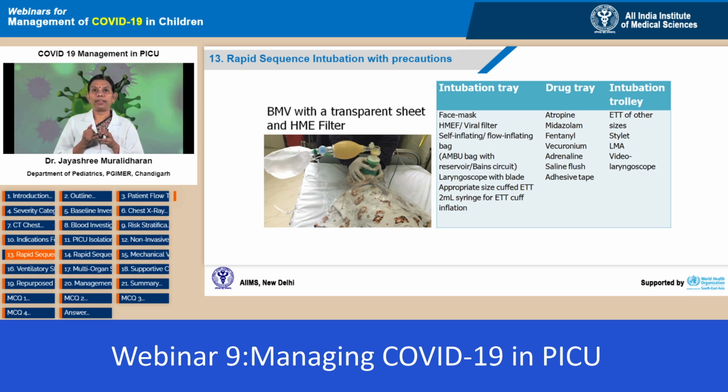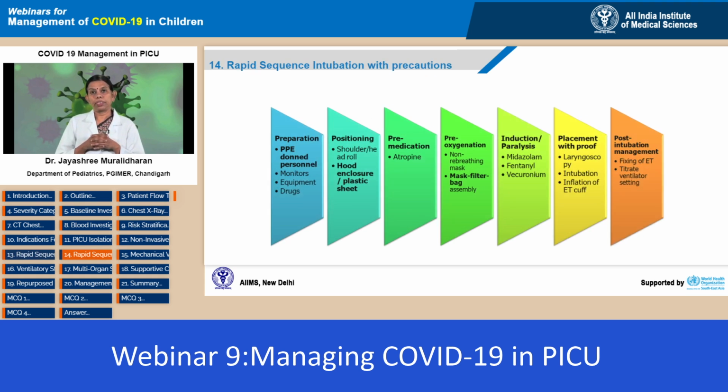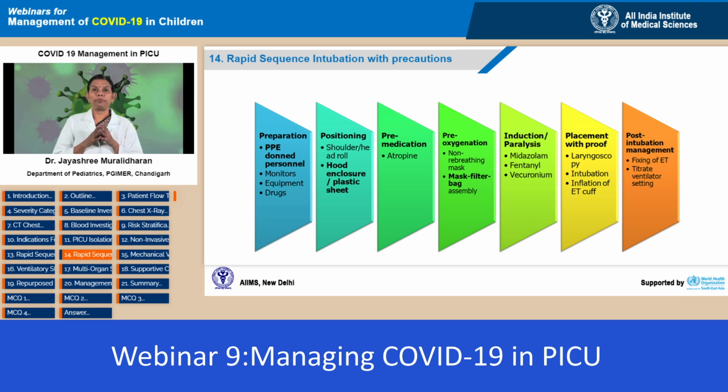Remember, a flow inflating bag like a Bain circuit is better than a self-inflating ambu bag. Ideally, video assisted laryngoscopy and intubation are better if they are available. Intubation must always be done with a full PPE donned with all precautions. The most experienced person of the team should be doing the intubation. The steps are as for any other rapid sequence intubation, except that we use non-rebreathing mask and filter bag assembly